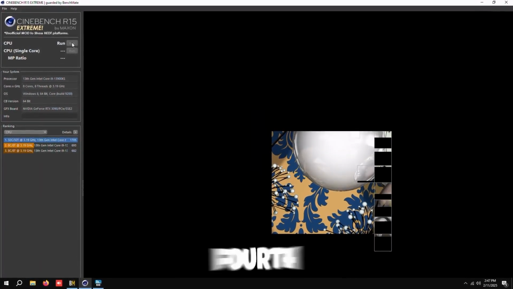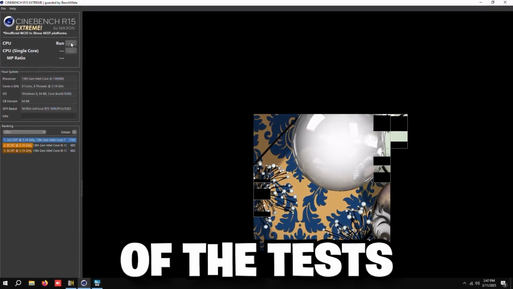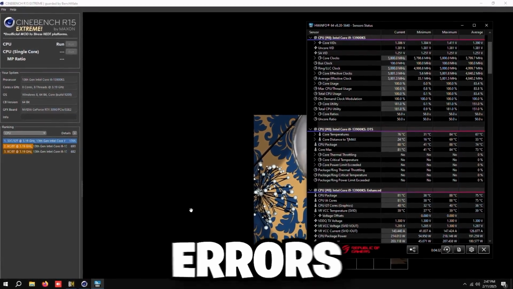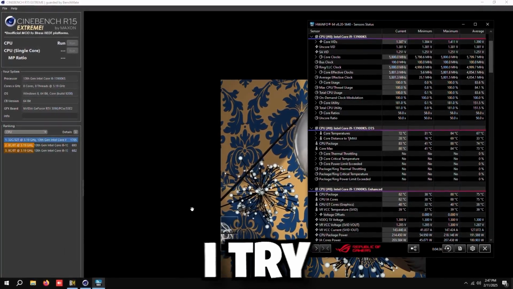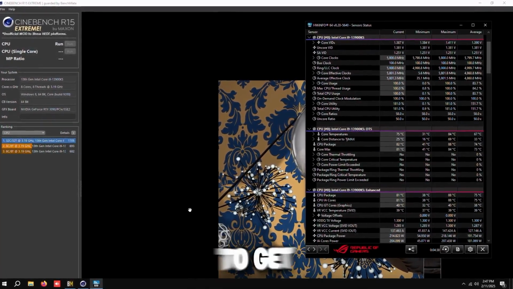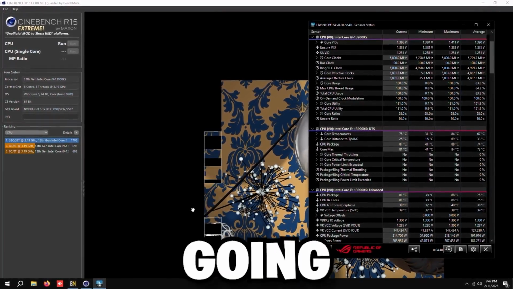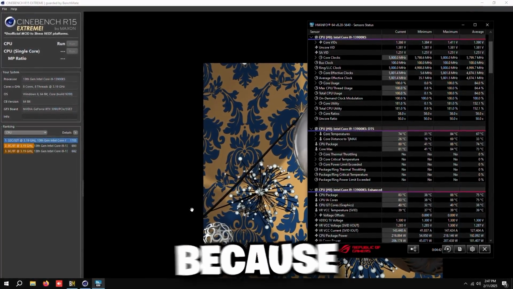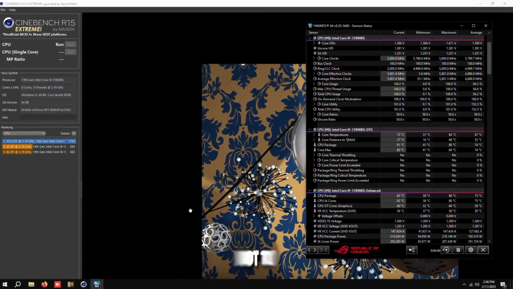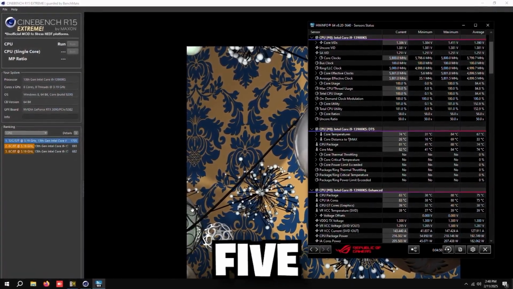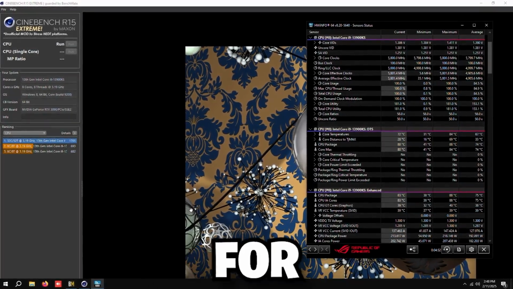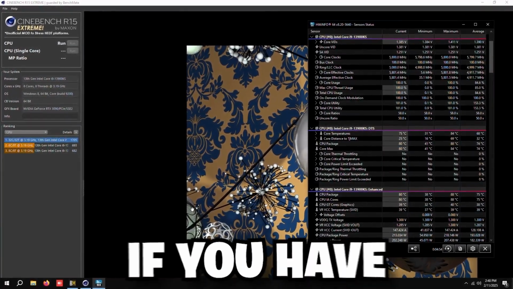Alright guys, so we're on the 4th run of this test. So far I have not gotten any errors whatsoever, so we're pretty much maxed out on the overclock. If I try to go any higher, we're not gonna get anything stable, so I'm not even going to attempt 5.9 gigahertz, and I'm not gonna increase the ring because these CPUs tend to max out again at